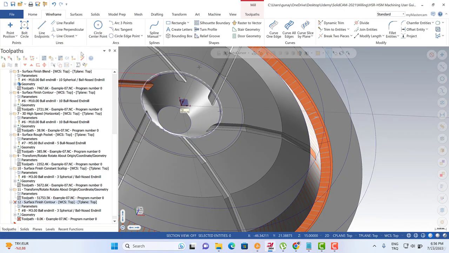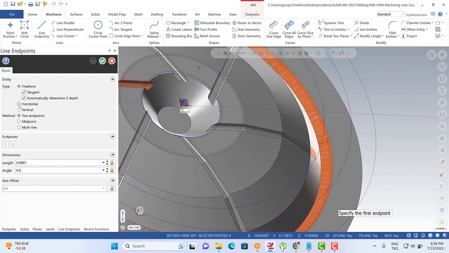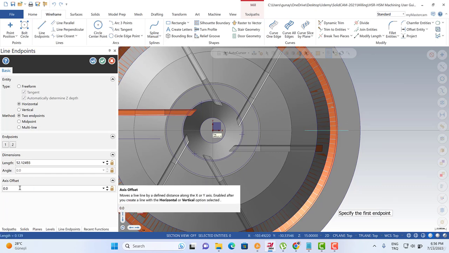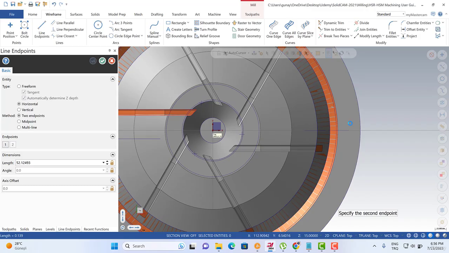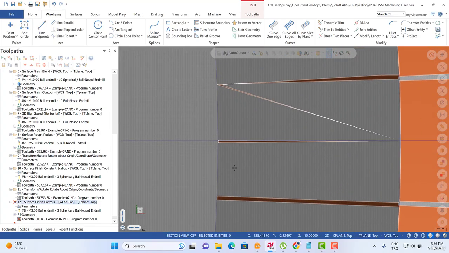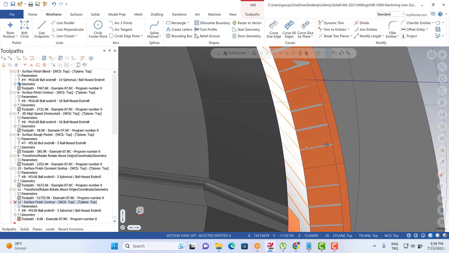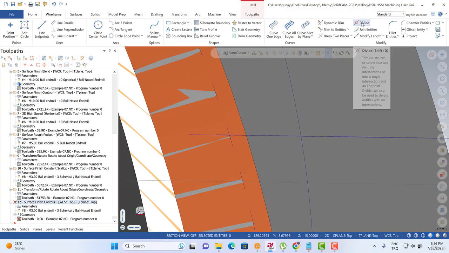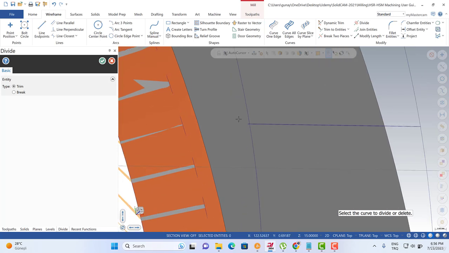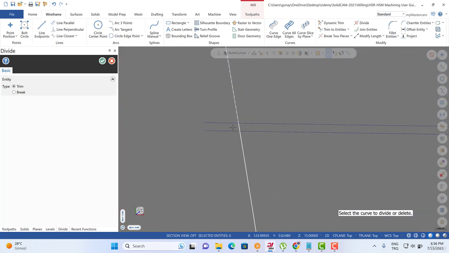we can turn to here, and we can organize some horizontal line here. We can start from here to here. It can be 0, and then we can organize another line here, and it can be 0.05 millimeter. So we can focus here like this one, and we can turn to the divide options. We can use the divide options for this part,